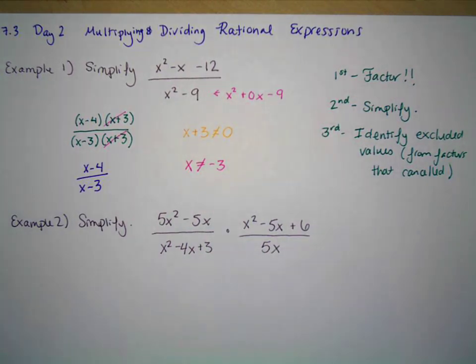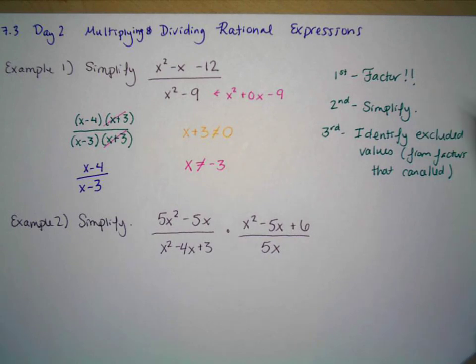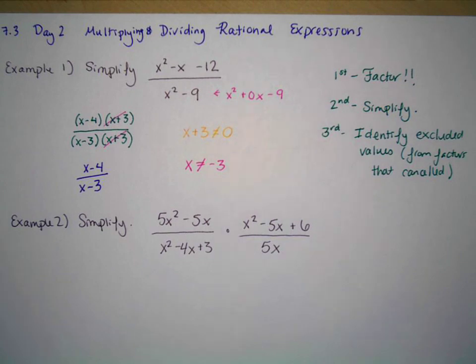We're going to use the exact same 3 steps that we did before. We're going to factor everything that we can, then we'll simplify, canceling out any factors that appear in both the numerator and denominator, and then we're going to identify our excluded values from those factors that cancel out. Okay? So if we start with our first numerator, the top of our first fraction here,